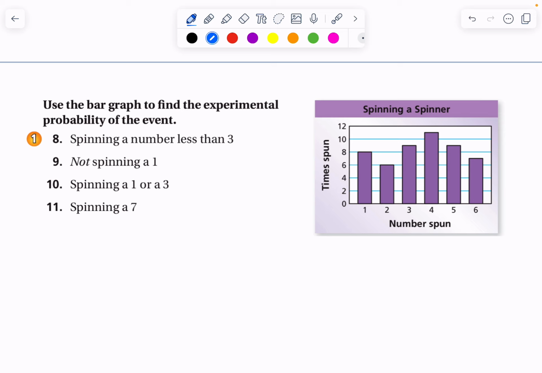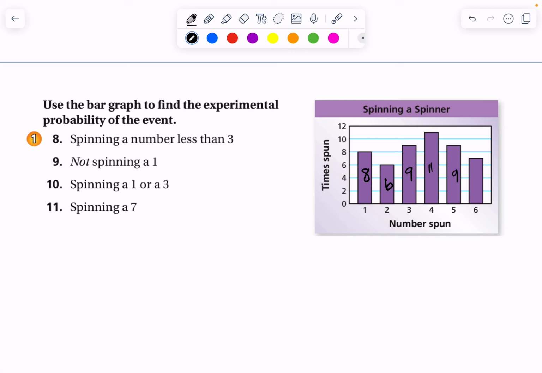here's experimental probability. It says use the bar graph to find the experimental probability of the event. We had these numbers 1 through 6 on a spinner, and then these are the actual results. So someone spun the spinner, here are the results. When we look at this, one thing we'll want to do is figure out the total of how many times our spinner was actually spun. Here we spun the number 1 8 times, 6 times for the 2, 9, 11,